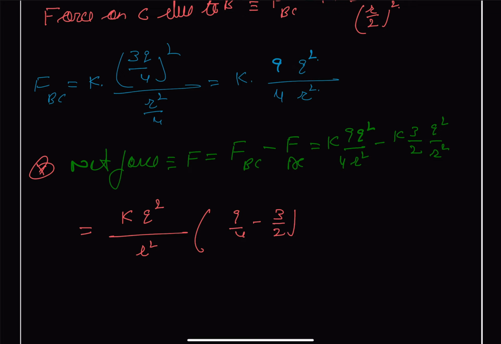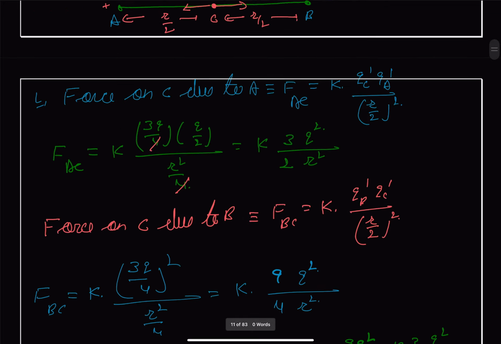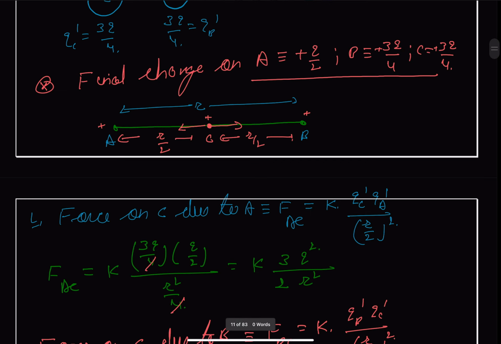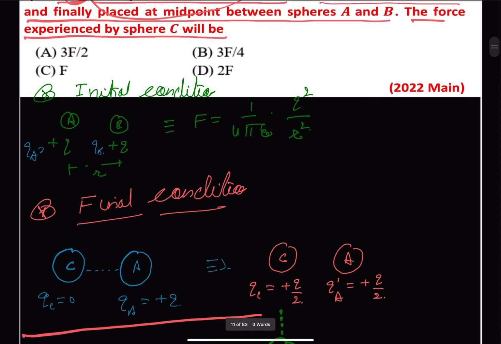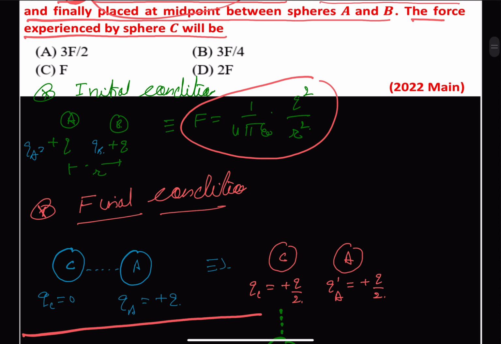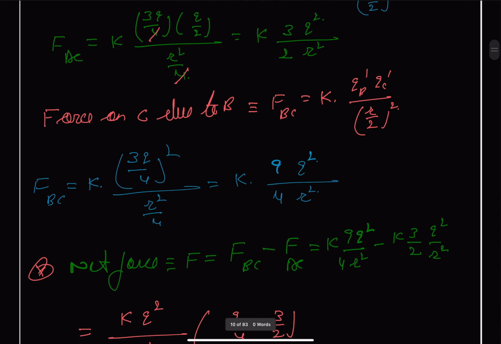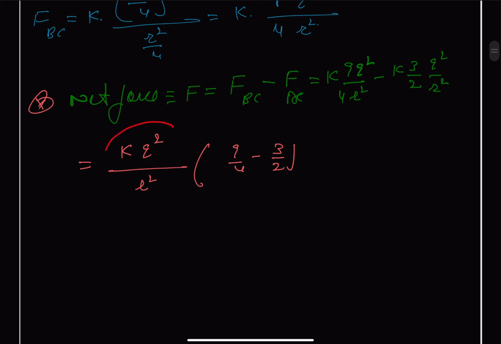Our initial force F is Q square upon R square. So here we can just substitute this by our F, and 4 will be LCM, so this comes as 9 minus 6,